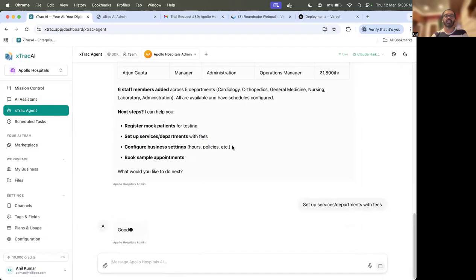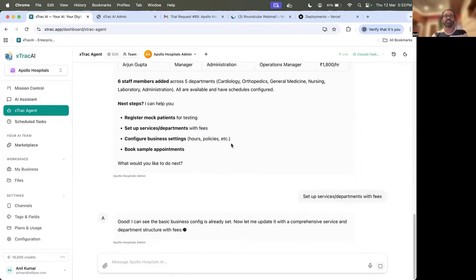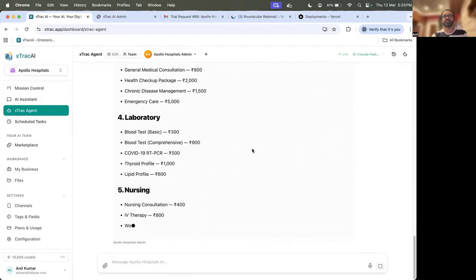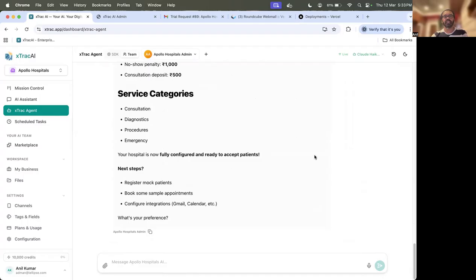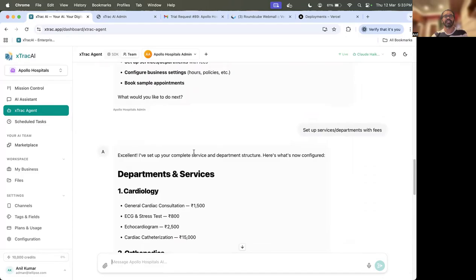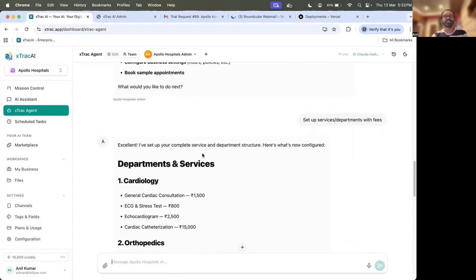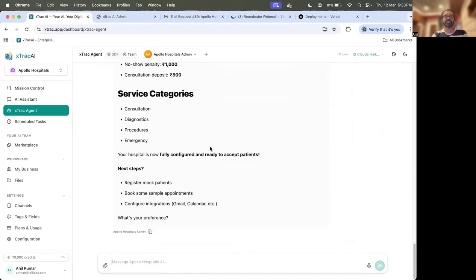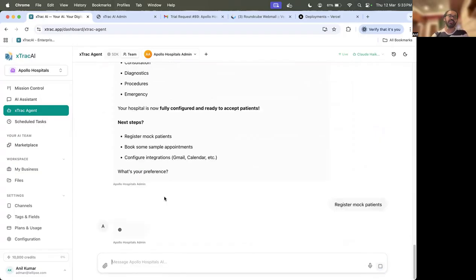So it will auto-identify the existing department and set it up, right? Yeah. Great, it did set up some of the sample pieces, I think. All these things are persistent, saved in the Postgres database. Let's register a mock patient so that we can have a very good view for the hospital to see how it all works,